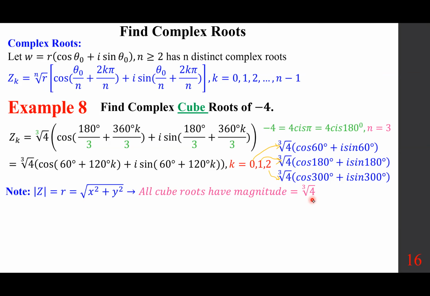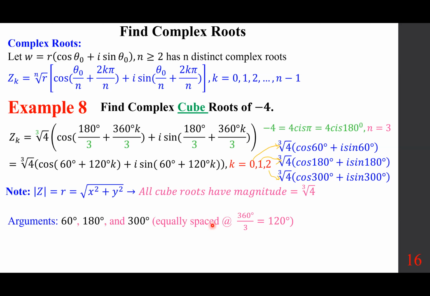So that's the magnitude, and that's about 1.5, 1.6. So that's the magnitude. The arguments are 60, 180, and 300,